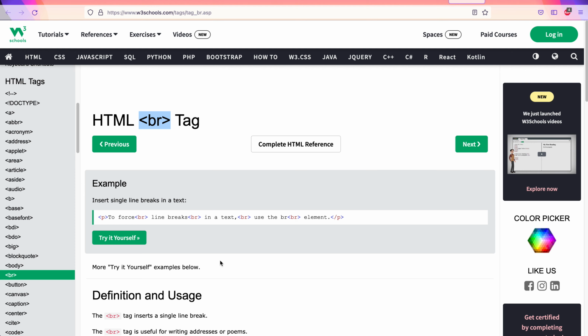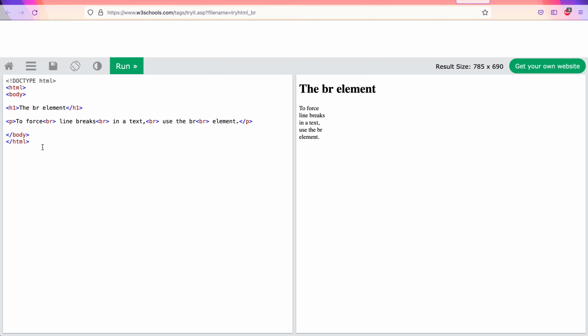Let's see this example. I think that will make it very clear. There is a H1, which is the BR element, but see this paragraph. This paragraph appears as if it's the same line. However, there are multiple BR elements in the HTML, and every time there is a BR element, the browser or the client is breaking the output into a new line. This is the BR element or the BR tag.